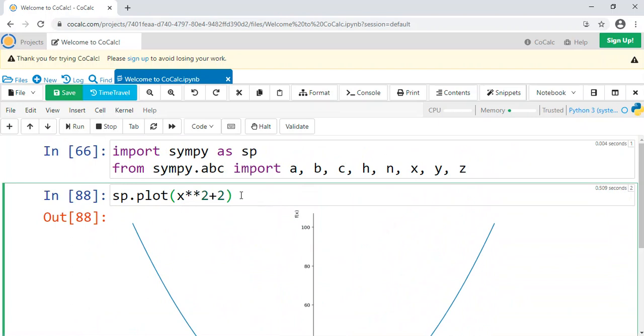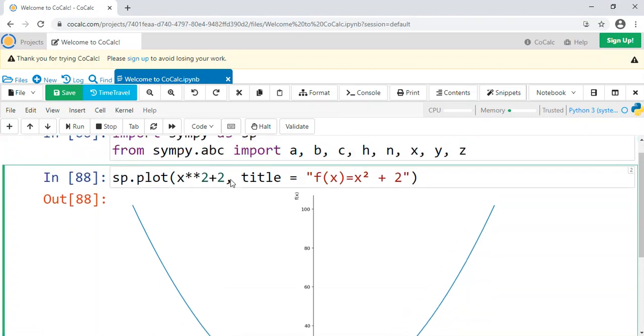There's a couple of things you can do. You can put in keyword arguments. So for example, comma, title equals, f of x equals x, and to be fancy, I'll copy paste in a superscripted 2. So x squared, I just copy pasted that in, plus 2, for my title.